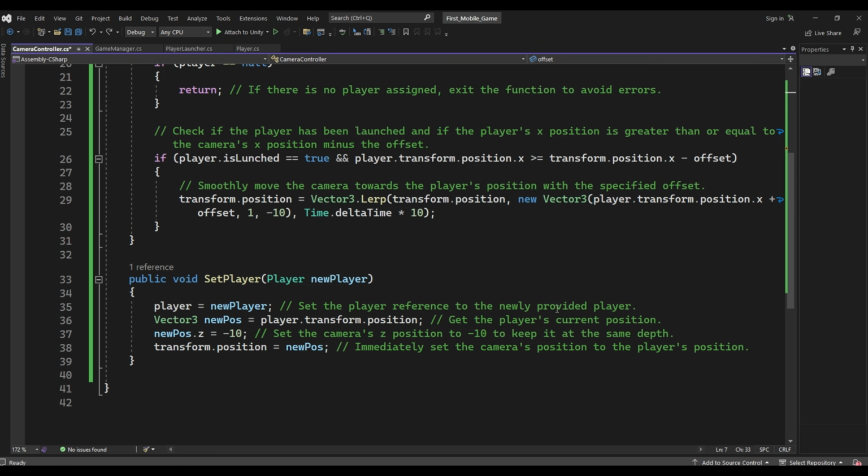So as we know, no game is complete without a challenge. So I added enemies that the player needs to destroy. Each enemy reacts to collision with the player, and if the impact is strong enough, then it gets destroyed, adding a satisfying element of physics-based interactions. So let's go and see. Here is our enemy, and you just need to create a prefab of your enemy, like what we do